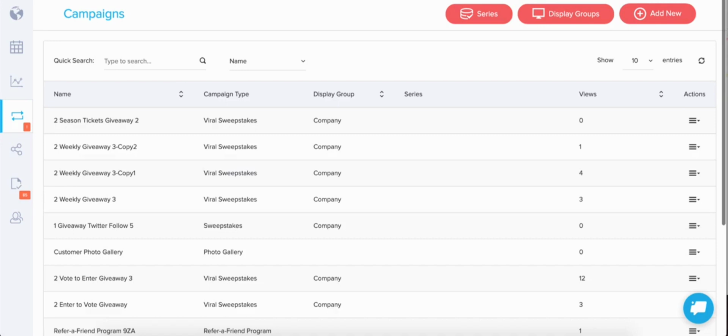So the way this works is, as you can see, we've got a whole bunch of different campaigns created in our test account. What we can now do is replace the thank you page of any one of our campaigns with another campaign. So it'll just take you right into another campaign, and you can daisy chain 10 or more campaigns together if you can come up with a clever way of continuing people's engagement once you've captured that initial